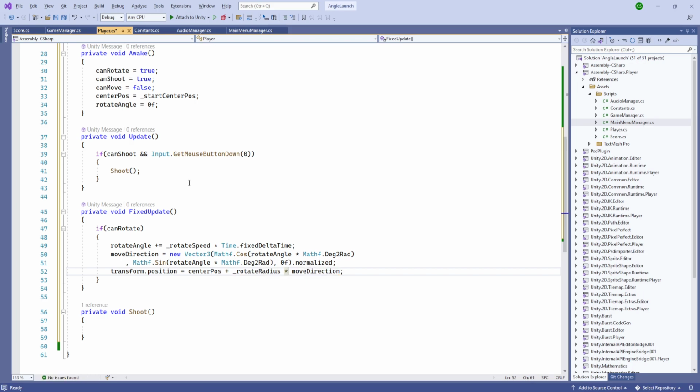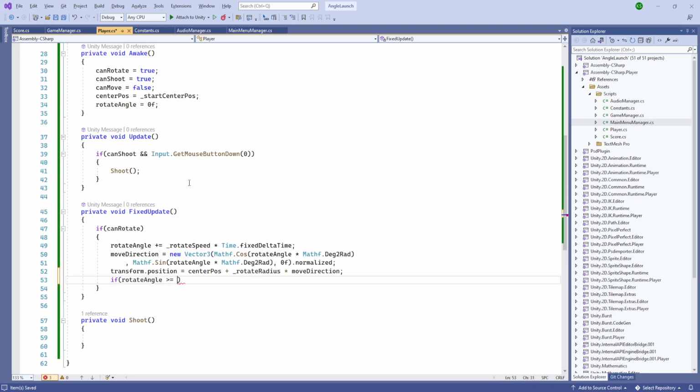So it will give us a point on the circumference of the circle, which is going to be our current position. And if our rotate angle is greater than or equal to 360f, then we'll just reset it to 0. And else, if we can move,